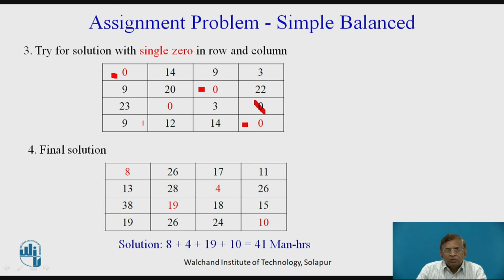Now we have considered all the rows. Now we come back to columns. Now first column already has a 0 allocated. Second column has a single 0. Here we again mark this cell for being allocated. This is how, if you now see, third row has an allocation, third column, fourth column, every row and every column in general. If you see, every row and every column has got a single allocation. That is the basic requirement. They have to have single allocation only, not more than one.